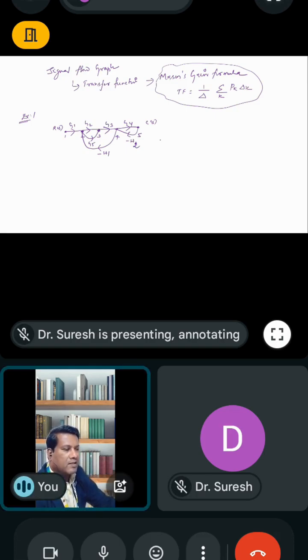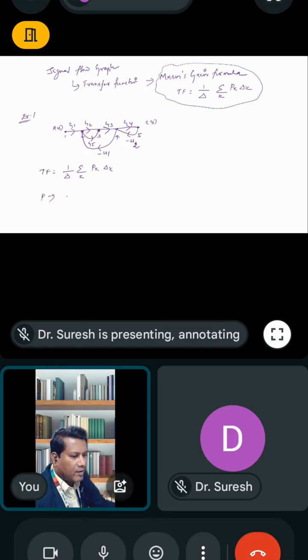So assume the system is represented in signal flow graph form. So based on the formula, the transfer function is 1 by Δ summation of k, P_k Δ_k, where P is